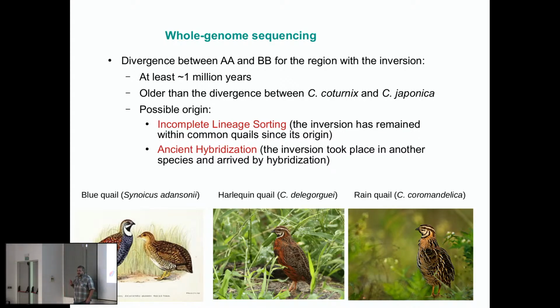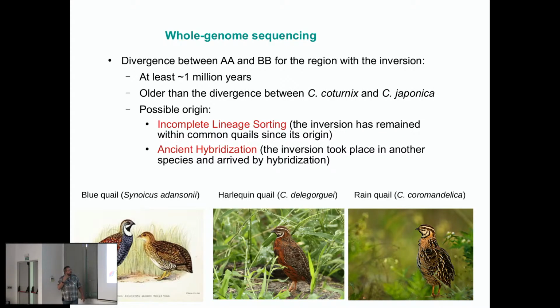However, there is an alternative explanation that is very, very appealing. Maybe this inversion, in fact, derives from another species. Another species that has been evolving independently, they interbred, and because the other species has different chromosomal arrangements, well, this inversion has remained within the population, but in fact derives from another species. This has been confirmed in some other cases, in some other inversions, that are very well studied. None has been as big as ours. This is the largest inversion that has been studied so far.